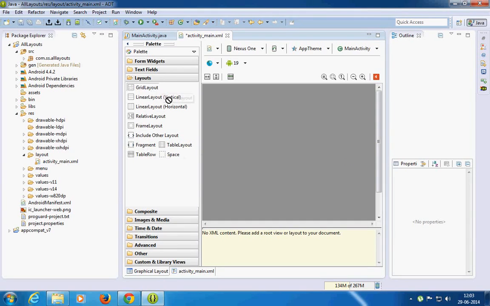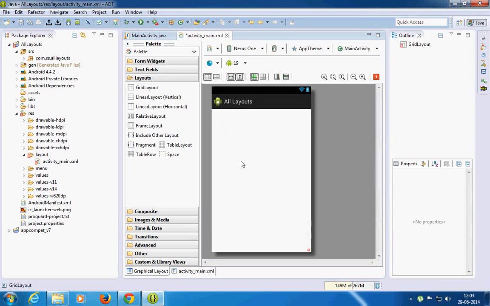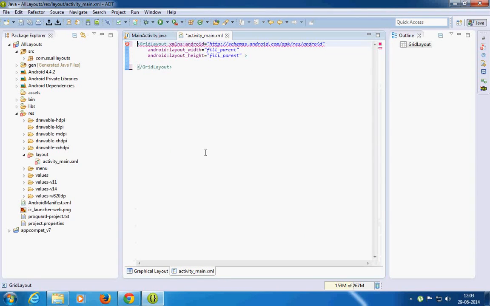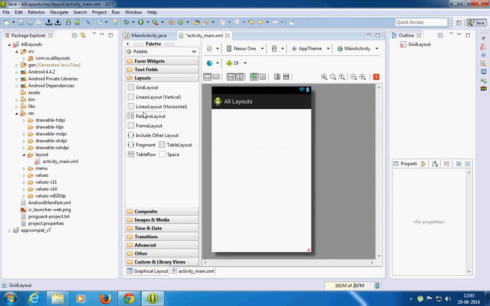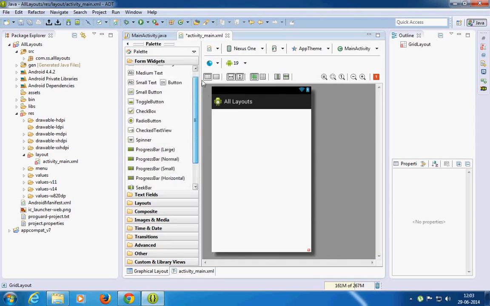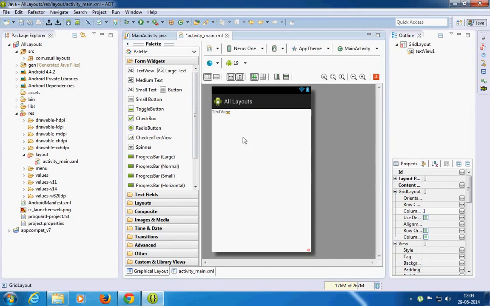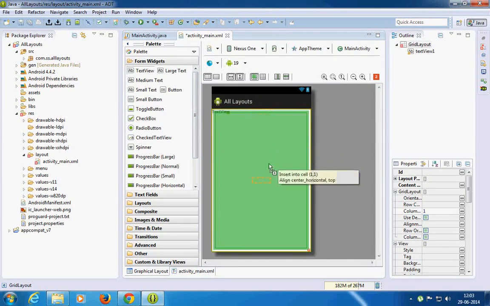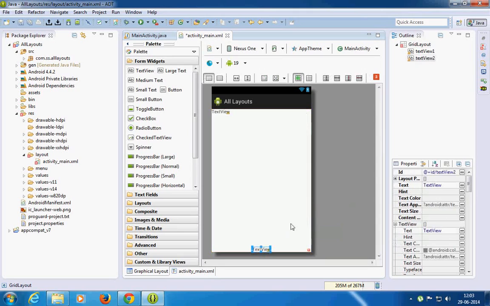And finally, before I leave, we'll talk a little bit about the grid layout. So in grid layout you can place items which you can scroll in both ways. We have something called a list view. So when I'm trying to drag it in, it gives me that one by one insert into cell sort of a structure.